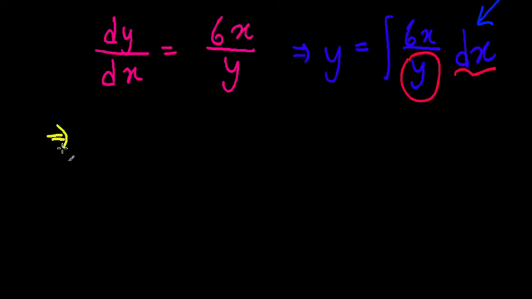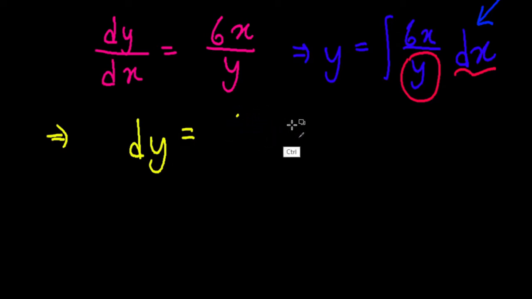When I talk about the general rules, let's try to solve this the right way. As I said, collect the y terms on one side. So we have dy here. Let's multiply by dx on both sides. So what we have here is dy equals